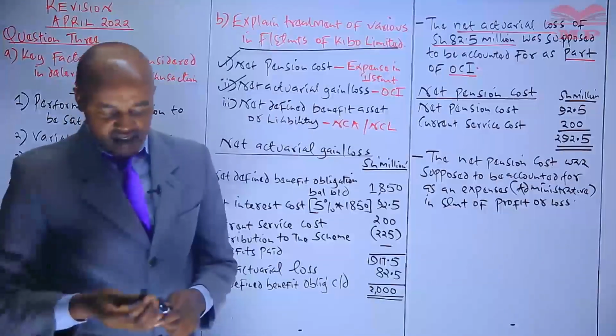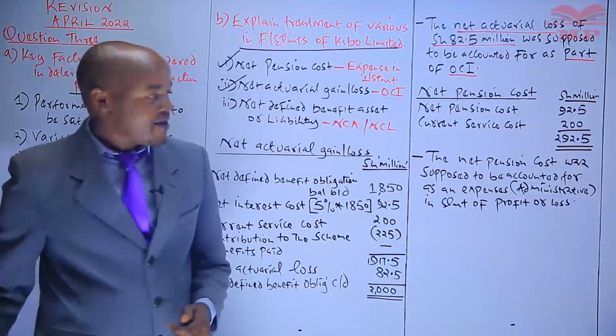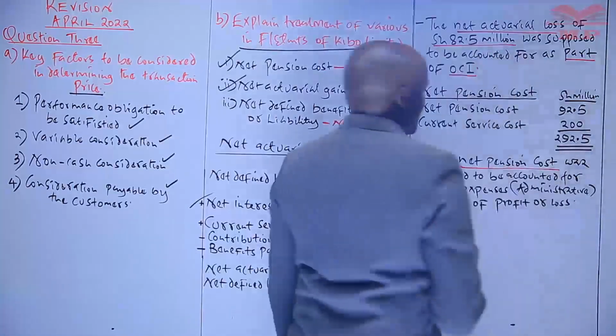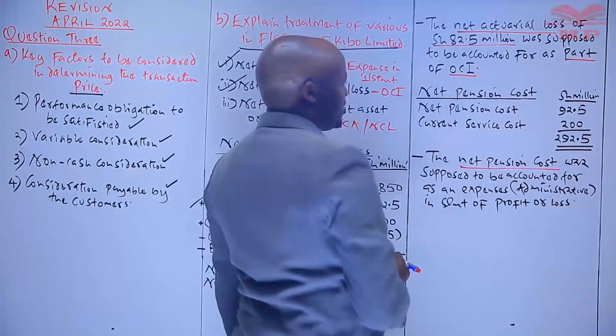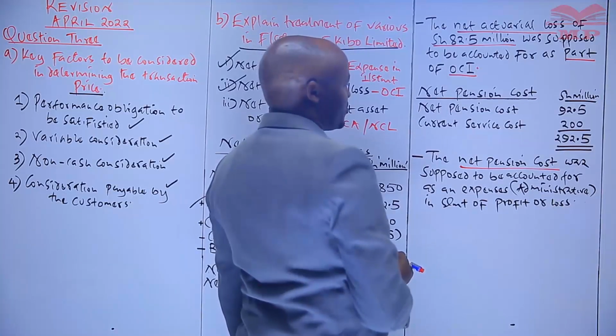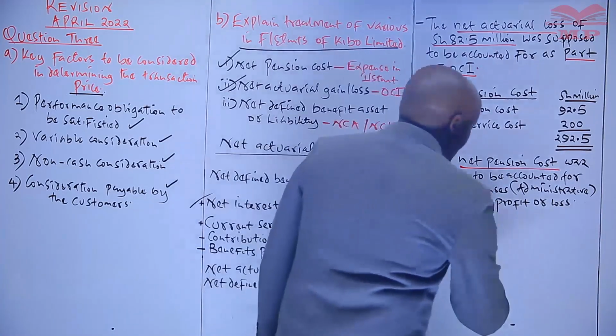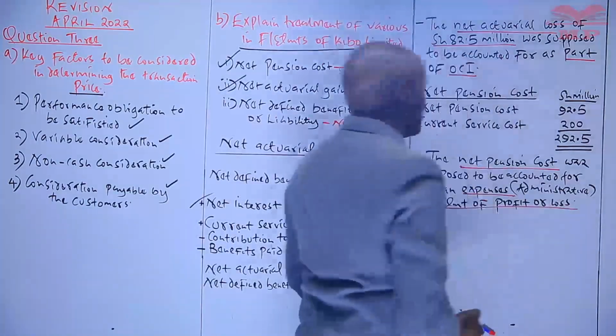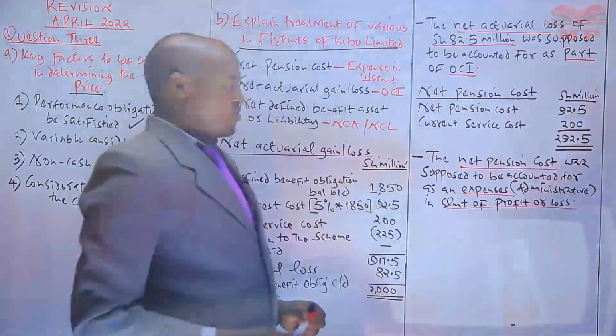So therefore, that is the explanation which was required there. You explain that net pension cost of basically 292.5 million was supposed to be accounted for as an expense, specifically administrative expense in the statement of profit or loss. Finally,